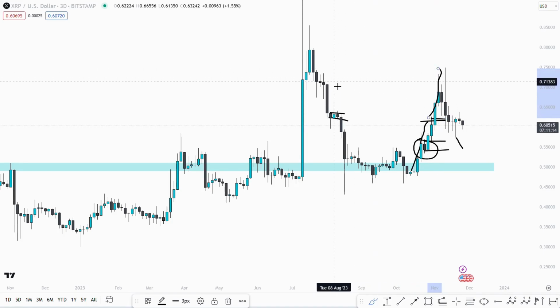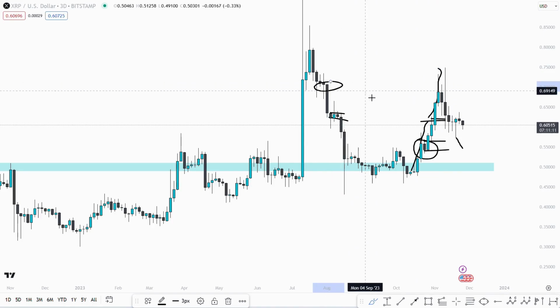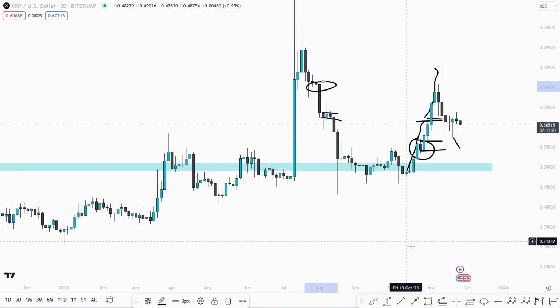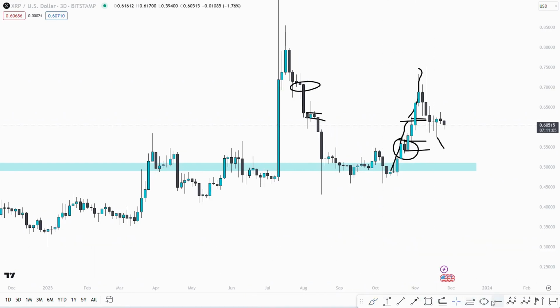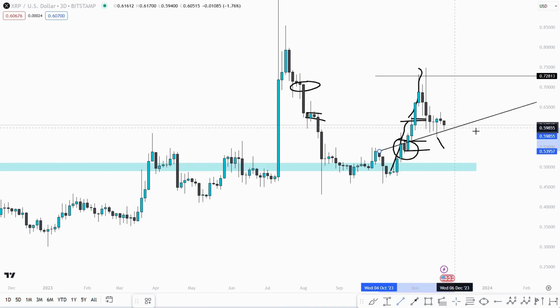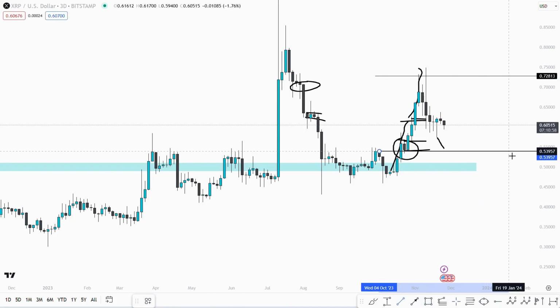And what do you know? Bringing it all the way back to a big bearish candle on the higher time frame to bring in many longs into the market, and once again trapping longs in the market and shorts in the market, leaving a range in the market right now for XRP, which I think is going to be very much manipulated once again,